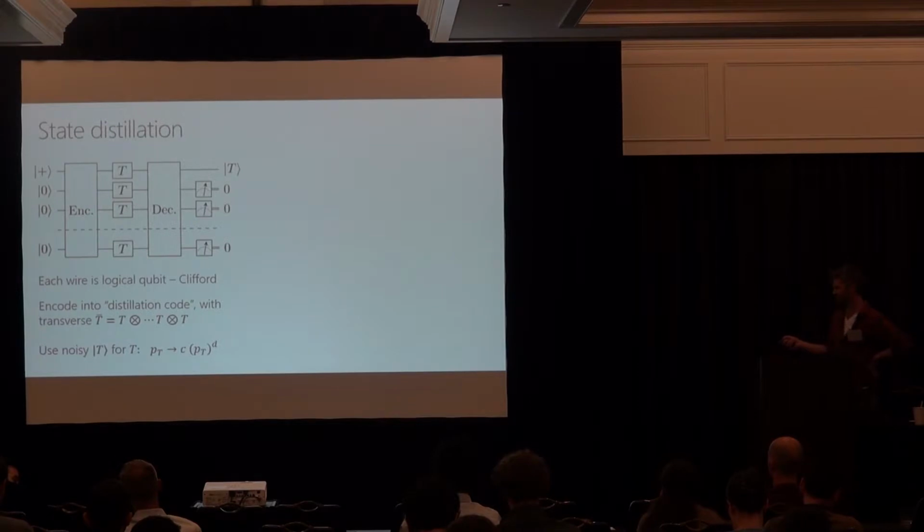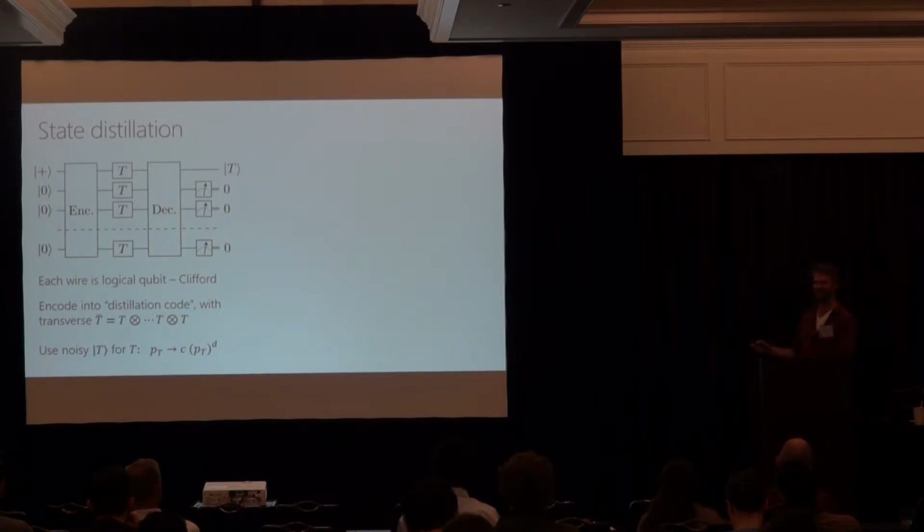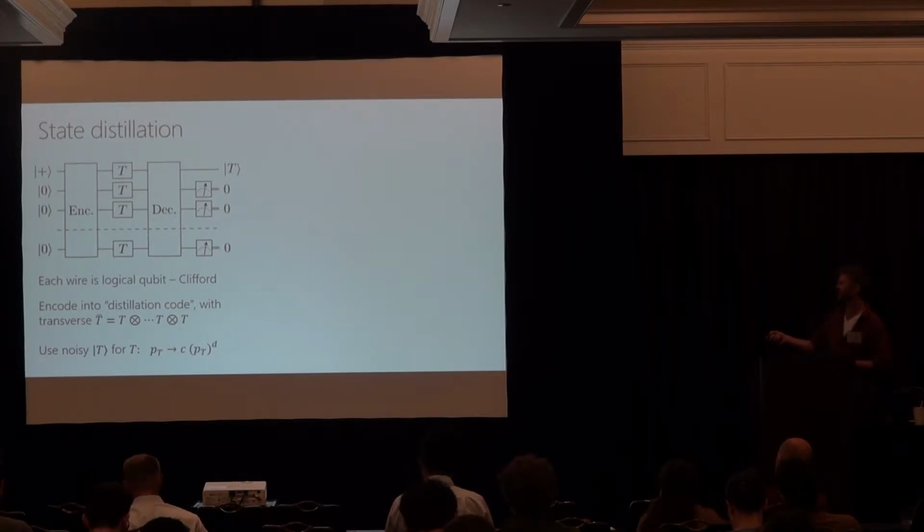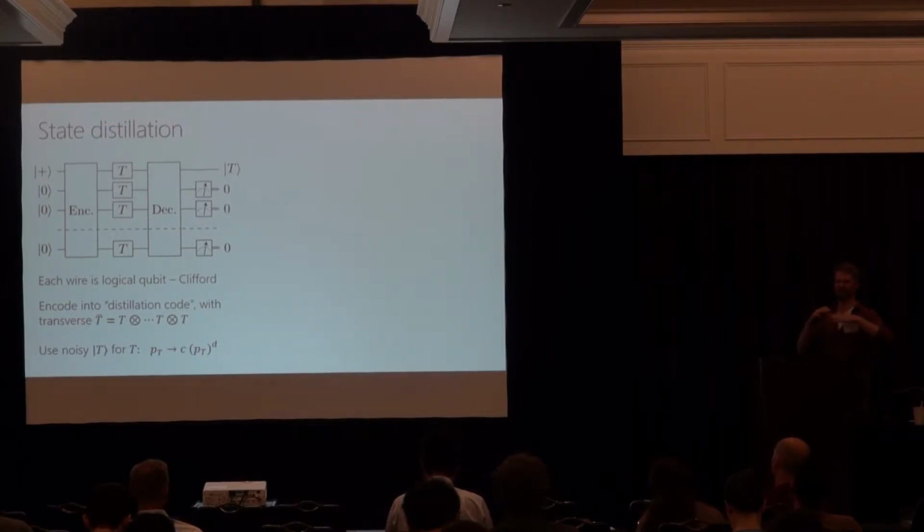basic idea, or one approach to state distillation, is you use another error-correcting code on top of the one that you already used to design a protocol, a Clifford protocol, to take noisy magic states and make cleaner magic states. So I just want to illustrate roughly how this works. So again, each wire here is an encoded qubit in, for example, the 2D color code. And then this encoding circuit here is a Clifford circuit which encodes into some other code. So it's kind of a concatenated, we're imagining some sort of concatenated